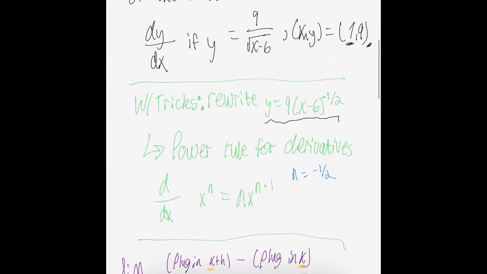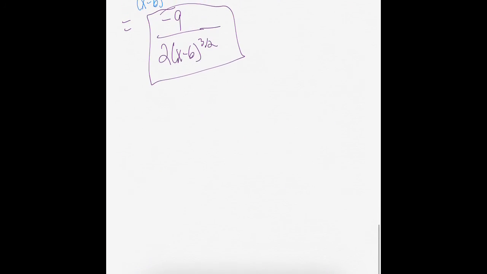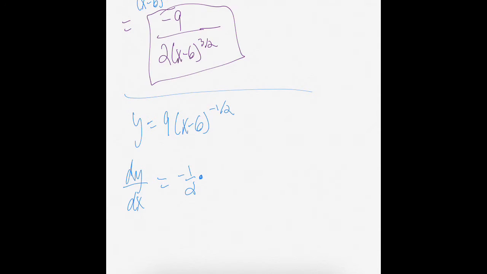One of the great things about learning these new tricks is that we can use them to check our answer on these. So let me see. Yeah, that works. So this is a good time to demonstrate this other way of doing it real quick. Let's go ahead and do that just to check it. So we had y equals 9 times x minus 6 to the minus 1/2. So then dy dx, bring the negative 1/2 out front. So that's going to give me minus 1/2